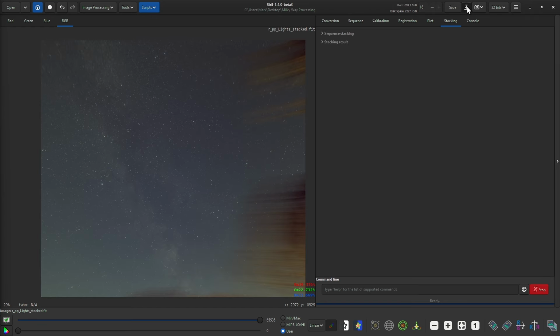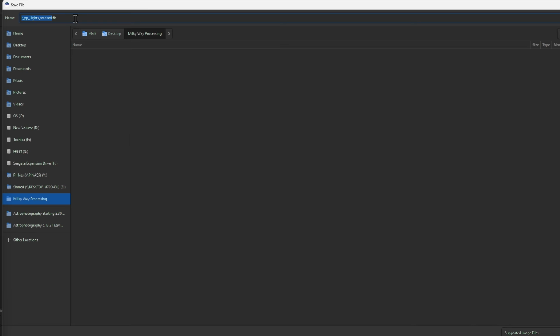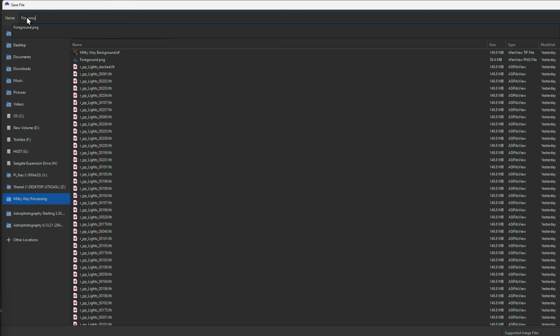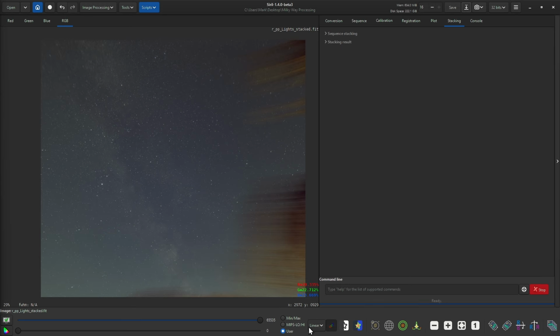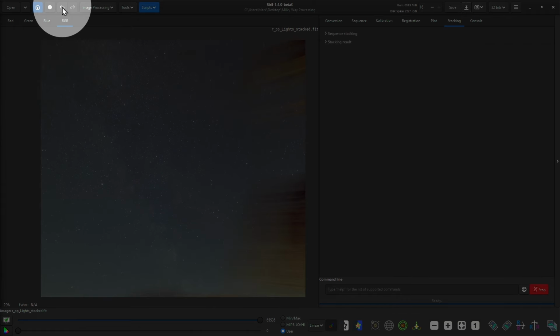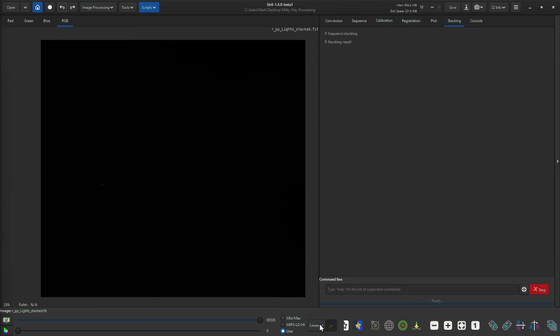I'm going to click apply, and then I'm going to download it. I'm going to save this file as the foreground. And it really doesn't matter what I save it as. It would be like a PNG or a JPEG because the foreground isn't as important. I'm going to save it as a PNG file just in case. That's going to save. Okay, now I'm going to undo the auto stretch because I don't want it, but I'm